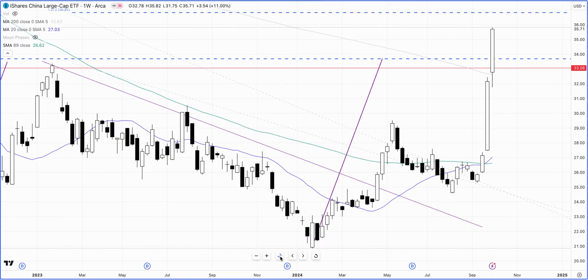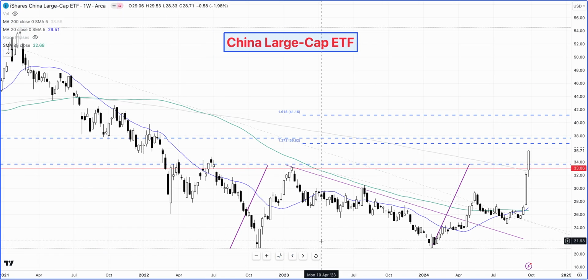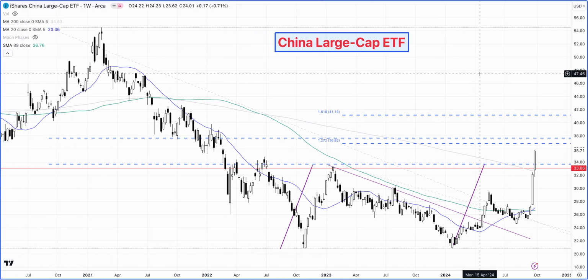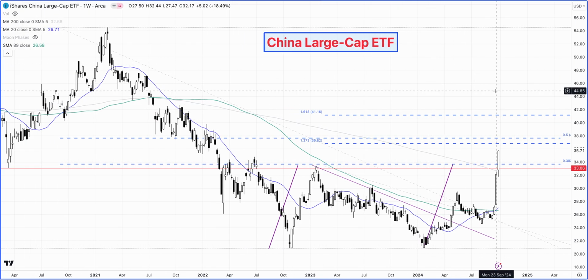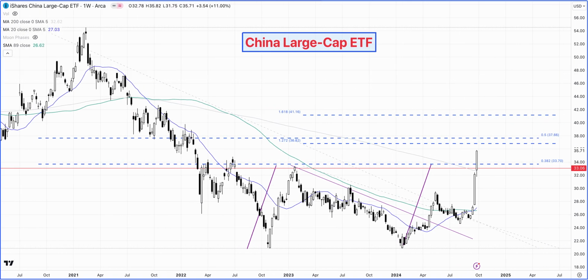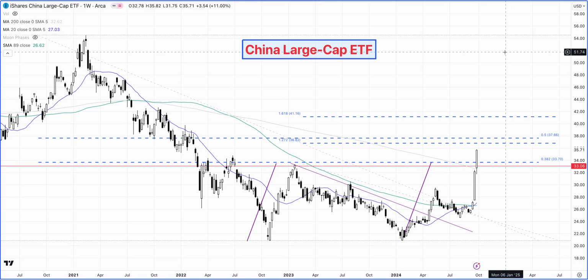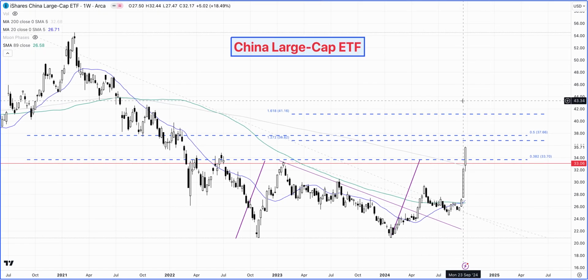Now let's take a look at the Chinese market, because the Chinese government had come up with a bazooka with the kind of stimulus they are doing for their property market. Of course, it's going to spill over into other assets as well. And stock market is a very liquid asset class. And here what we have seen is last week a continuation of the bullish move that we saw when the actual news broke out about the stimulus coming out.